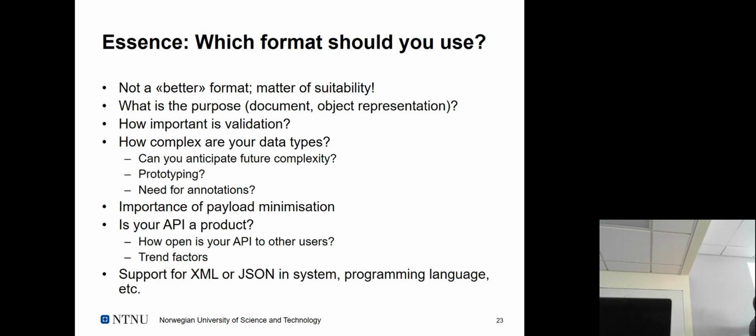And the other one is also on a practical side, and that's what you're hooking onto. What's the purpose of the API, right? Is the API just to be used, or is the API your product, right? Do you actually want people to use your API to enhance their products, or is it just to interact with you in the first place, right? If it's, for example, for sending the API as a product, yeah, there are trend factors, right?